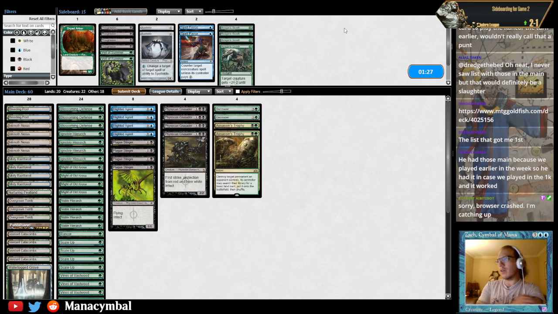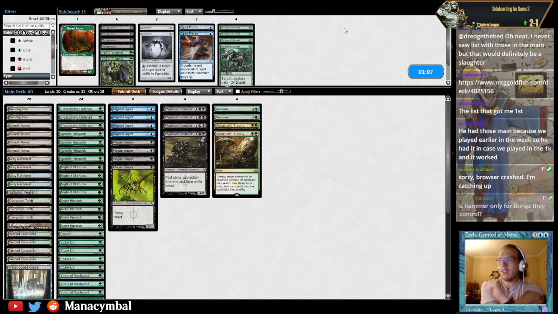That's no problem, Roy. So we took game one. And I'm considering boarding out Plague Stinger just because it's not a great threat in this matchup. They have a lot of incidental flyers between the 4x Ornithopter and 4x Inkmoths, but